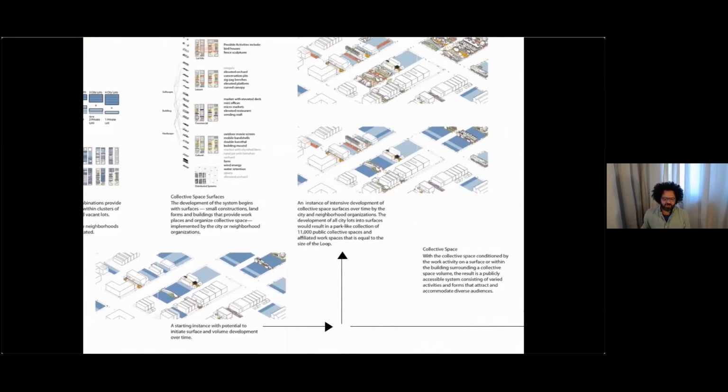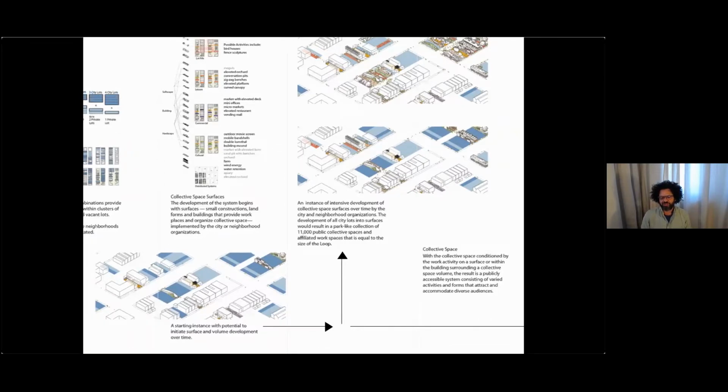Here a little bit that you could have a starting collection in the lower left of collective spaces on single surfaces. And then over time, you might get additional ones as you move to the upper right. And then over time, you could in fact get collective spaces across the whole system or across the whole set of spaces. If that happened, you would have a collective space